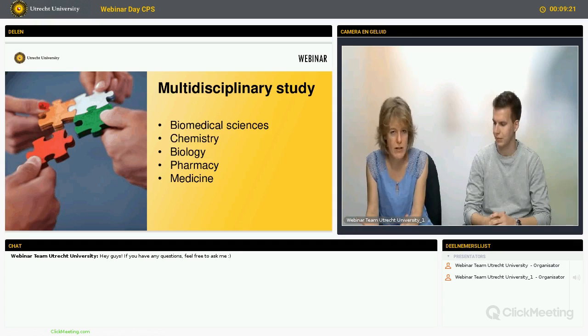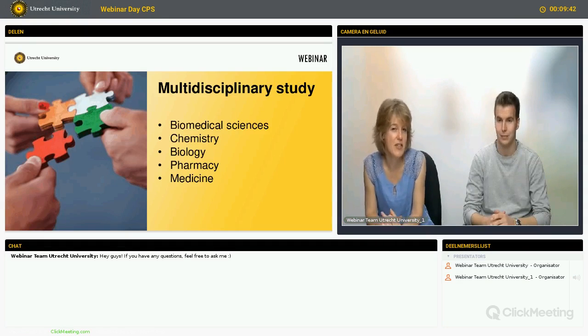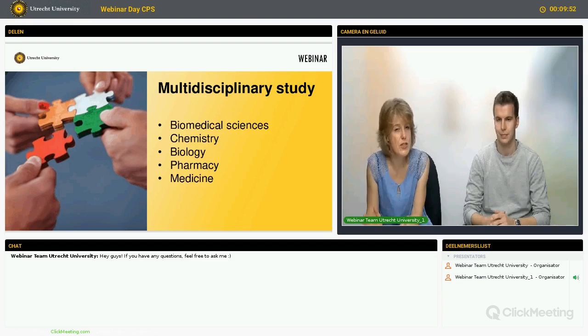Then, if you know what's wrong, you need to design a molecule. It can be either a small organic molecule or perhaps a peptide, so that's chemistry. Then you would like to test the binding and see if something is changing in the cell, and that is biology. You also need to think about how am I going to administer my drug. That is pharmacy. And lastly, when the drug looks promising in animal studies, it will be tested in healthy volunteers first, but later on in patient groups. So that is medicine.